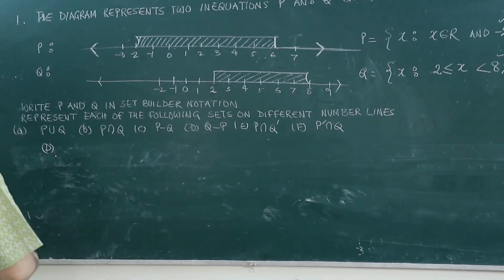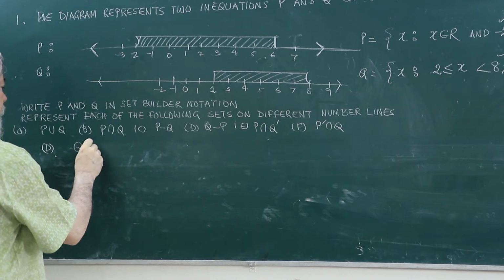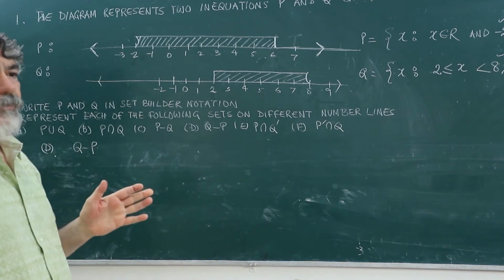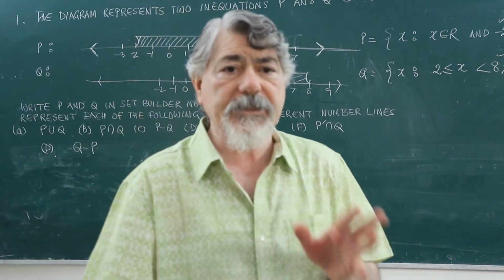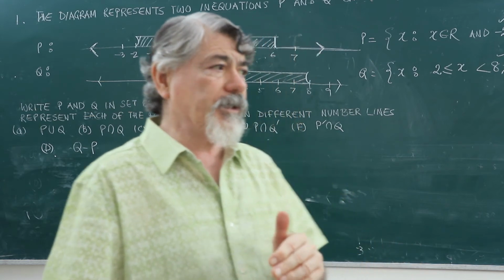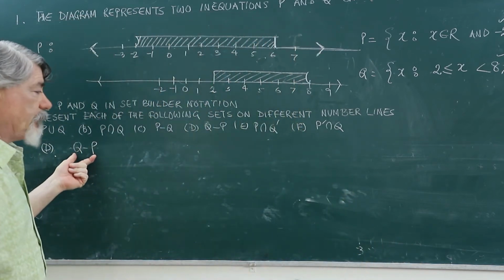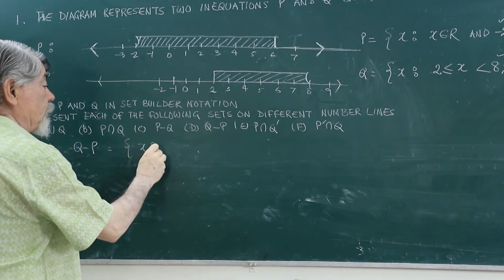Let us see D portion. What is the D portion? Q minus P. Again, we calculated P minus Q, in which we said P minus Q is a set which contains the elements which are only in P but not in Q. When I say Q minus P, that means I am talking of the elements which only belong to Q but